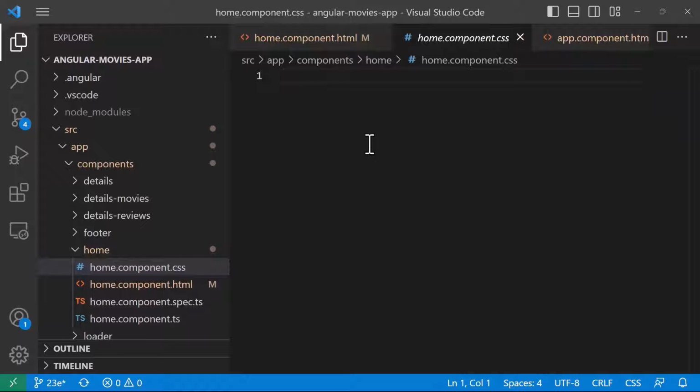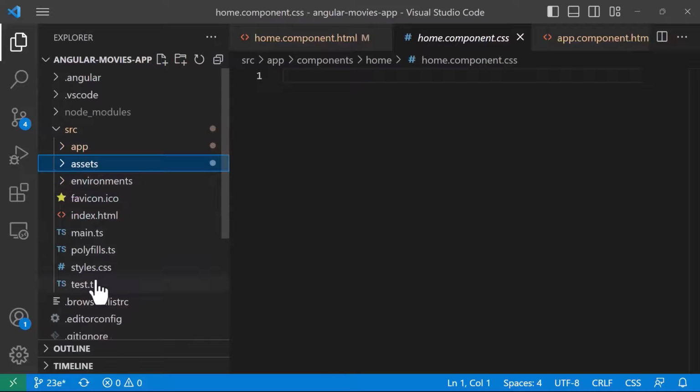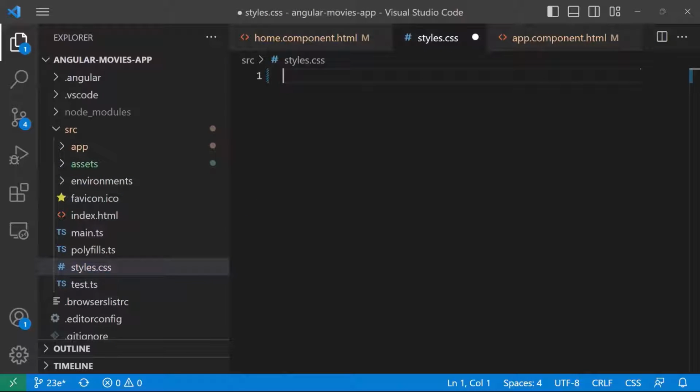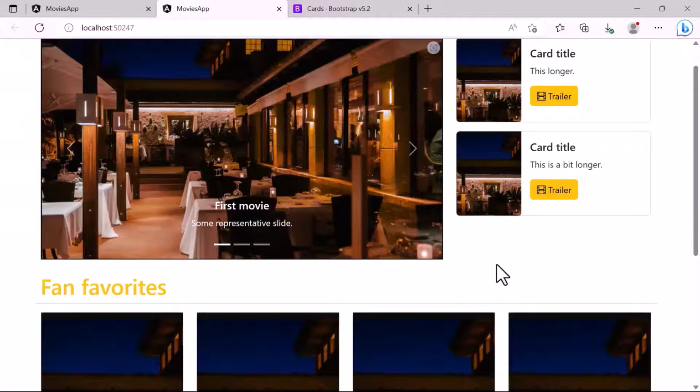But if you want the style to be applied globally, basically for all the h1 tags throughout the whole app, you need to just go to the styles.css. I'll just remove the comment from here. And then in here, for example, that has just said that the h1 tag needs to be in this color. I'll just save the changes, go back to the browser, and you can see now in here that we have